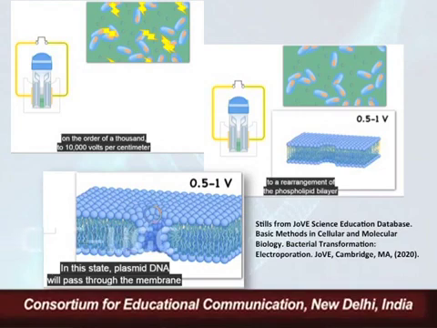For the bacteria E. coli, we give a 0.5 to 1 volt shock. Due to this shock, as you can see in the plasma membrane, a transient hole appears because there is a rearrangement of the bilipid layer. So because of this electric shock, a transient pore opens. In this state, the plasmid DNA, which is lying around the bacterial cell, will be introduced inside the bacteria. So this is how the electric shock of approximately 0.5 to 1 volt helps the plasmid DNA get introduced inside the bacteria.